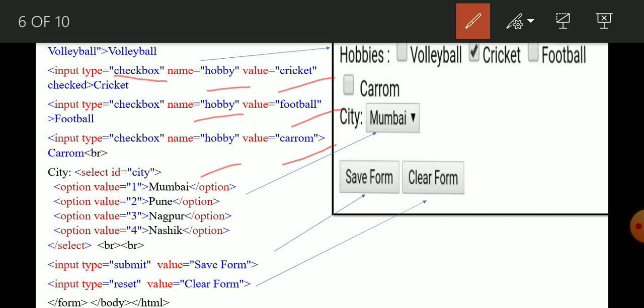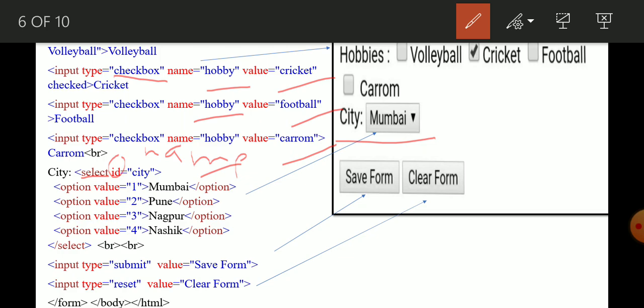Then for displaying a list of cities, the select tag is used. Which tag? Select tag, with the name attribute. ID is also one attribute that we will see in the 12th standard, right? Then the option tag is used to display the options, which is always used in between the select tag.